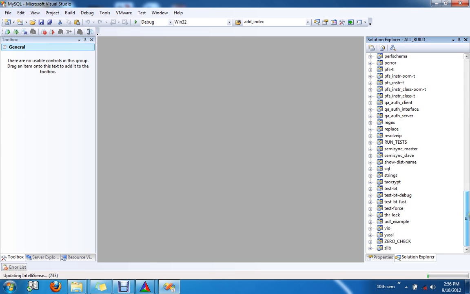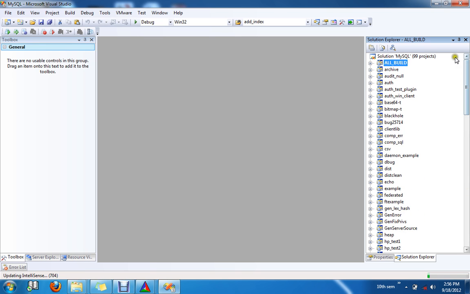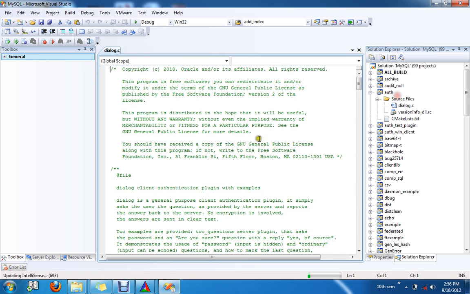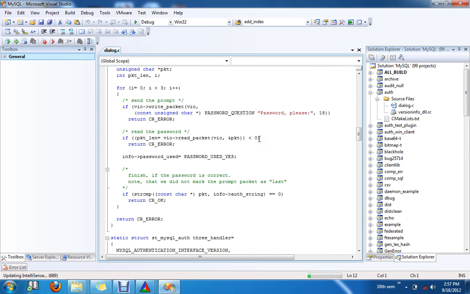This is the complete source code. The Solution Explorer is showing the complete source code of MySQL. This is the complete software.